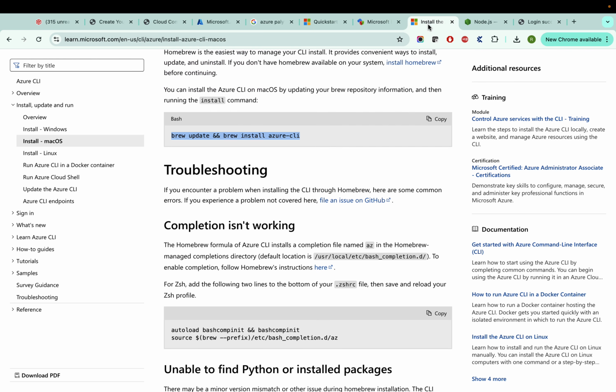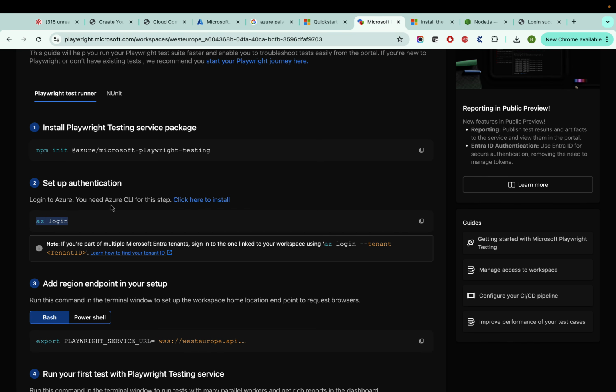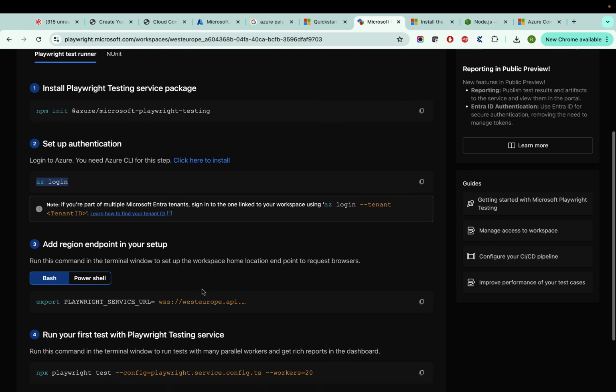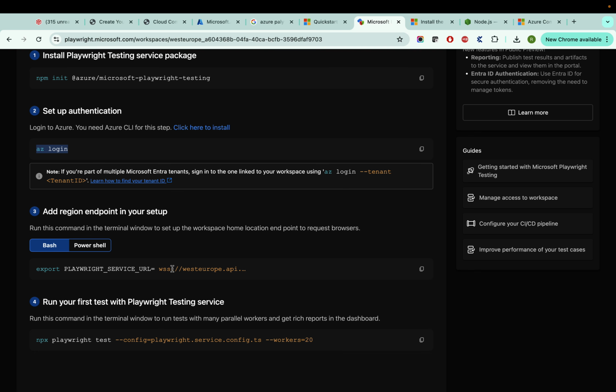Okay, so we did two things. First of all, in step 1 we made our project ready to talk to the cloud by installing that package. In step 2, to talk to the cloud, we got that authentication, right? That lock key we got. So we opened the lock in step 2. Now what next? In step 3, you have to tell Playwright in which region,